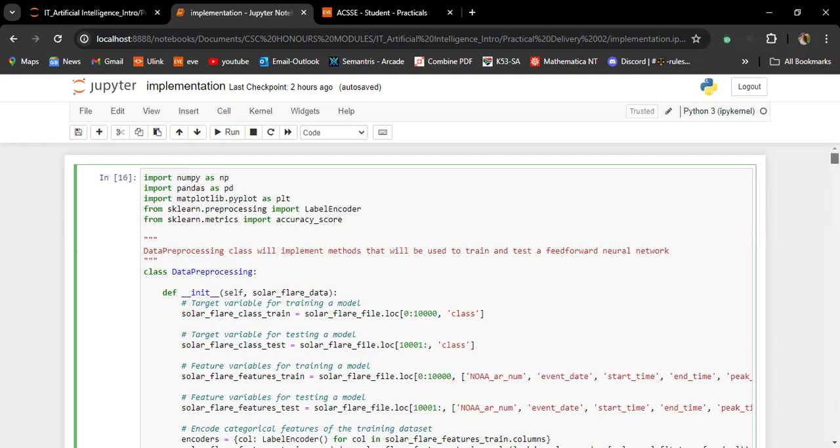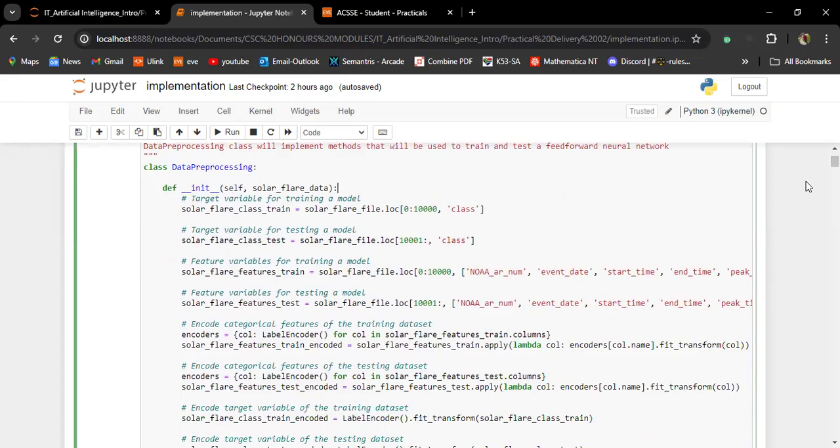Now let's look at the first class, the data preprocessing class, which helps to prepare our data. These lines of code in this function are effectively splitting our data into two: the training data set and the testing data set, for both the target variable, which is the solar flare class, and the feature variables, which are the AR, event date, start, end, and peak time.